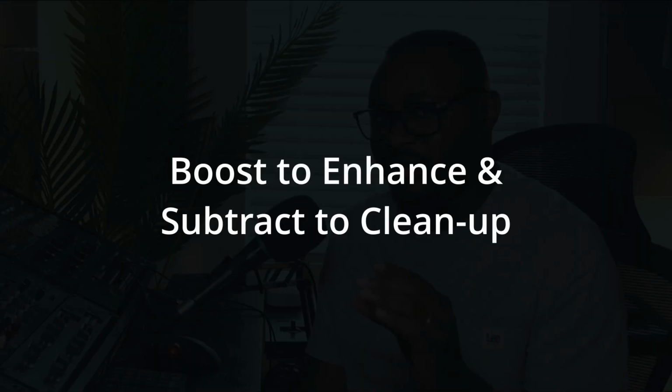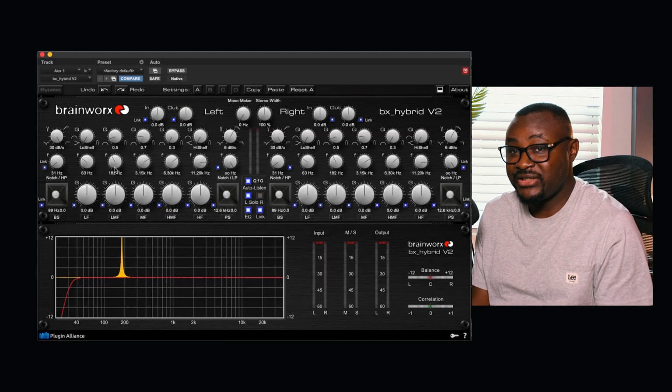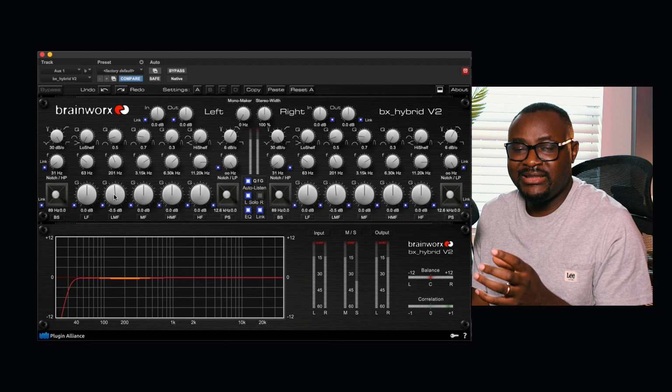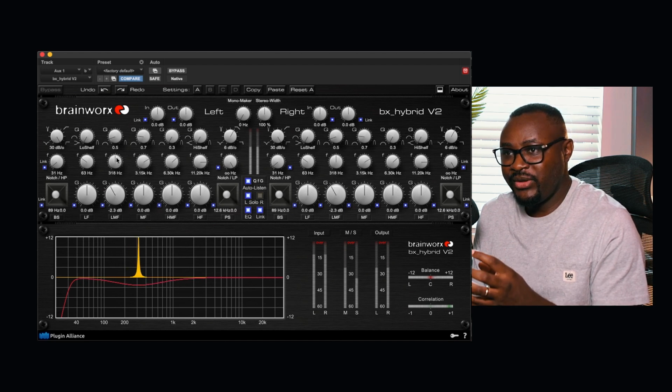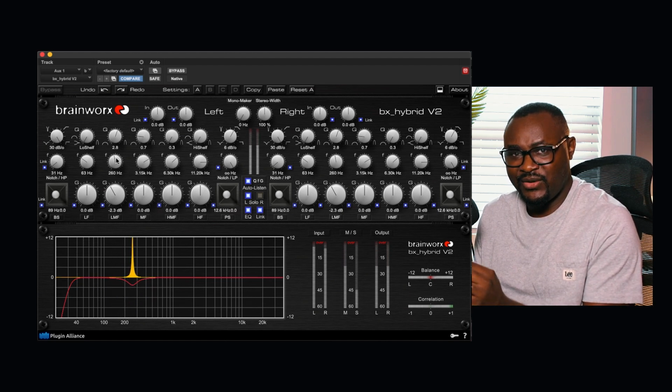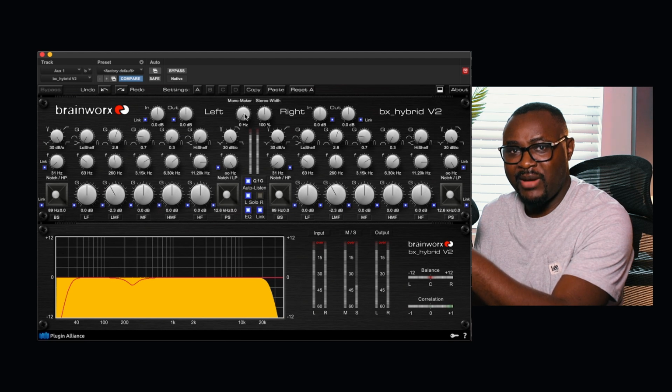Another thing is EQing bass tone. Sometimes you might feel like, with the bass, I don't need to add more low end to it because the low end in there is enough, and I don't need to clean up. I've realized that sometimes there's some nasty buildup on bass instruments, especially around 200. Just like the kick drum, sometimes that I personally don't like. It's just too muddy down there. So sometimes I will go there and inspect it. 200, cut it, or 300 if that's where it is, cut it,